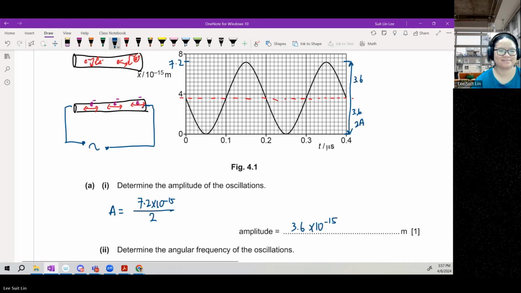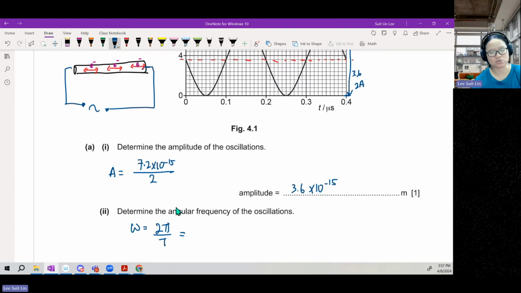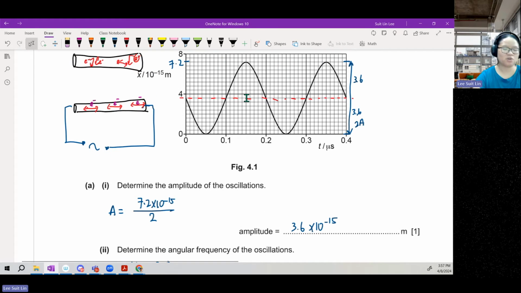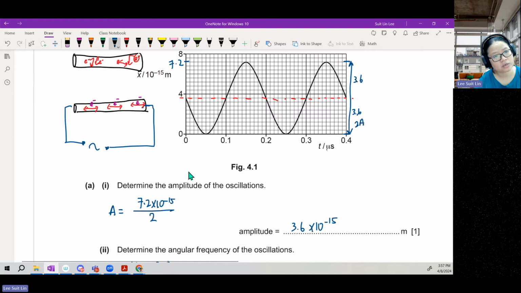Okay. Determine the angular frequency omega. Omega is 2 pi over T. As usual, the first order of business is to determine the important constants where possible, whether it's from the context, from the scenario, from a graph, from a story. So I have the period. The period looks like 0. No, it's not. Is it? Yeah, 0.2